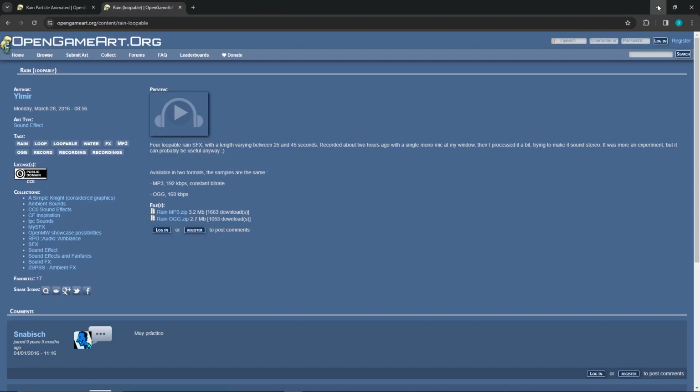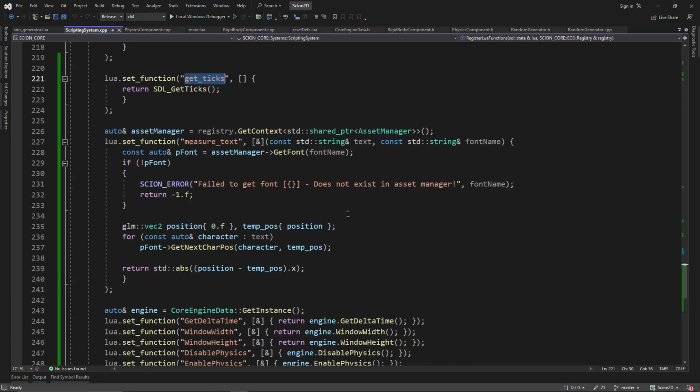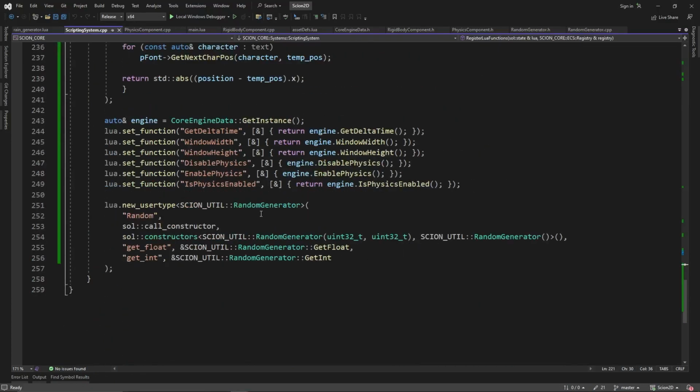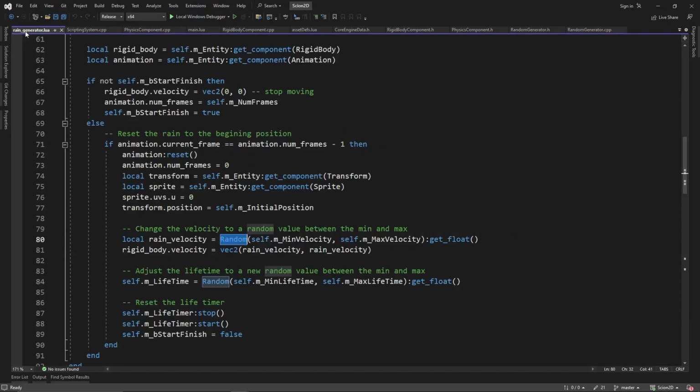And then after we took that, we did our binding. So we went to our scripting system here, and all I did was create a random generator binding. It's a new Lua user type, and we just called it random, and we call its constructor. This one uses sol constructors and has two different constructors, the default constructor, or we're sending in our min and max values, okay? Then we have our get float and get int,